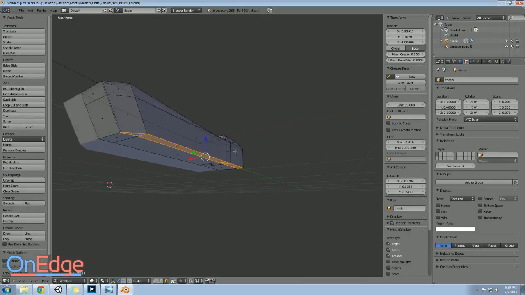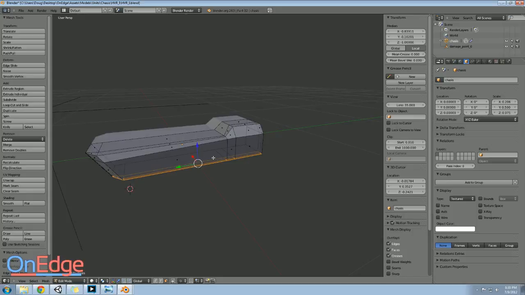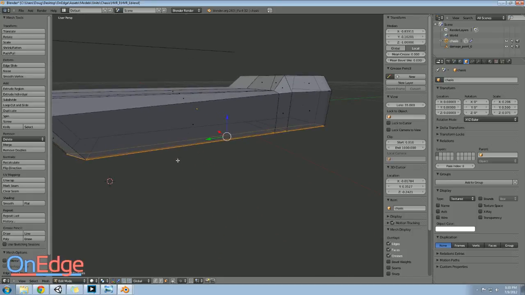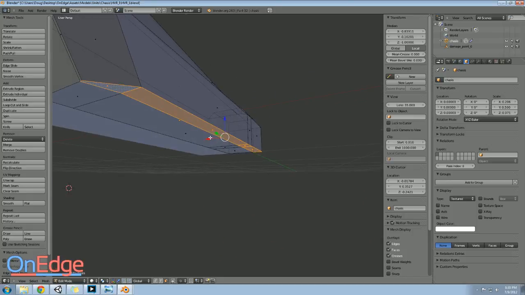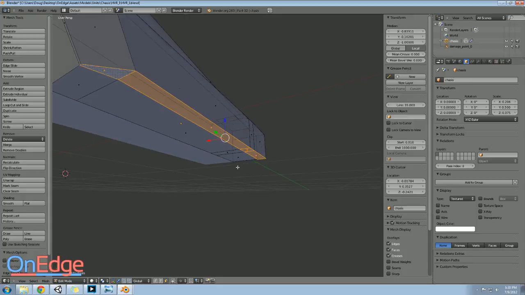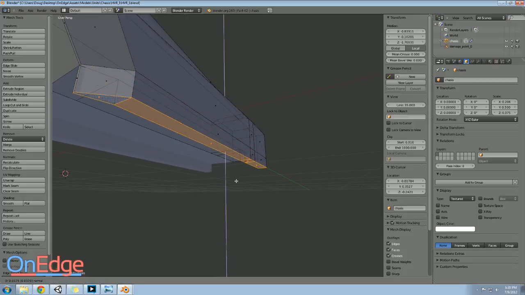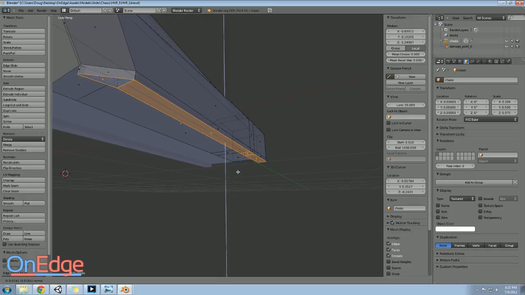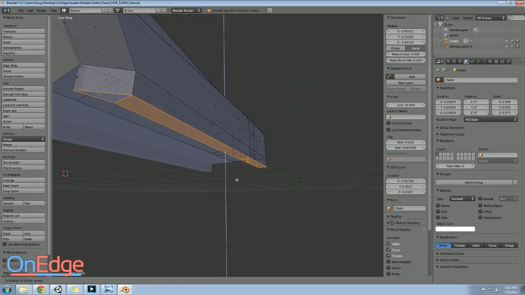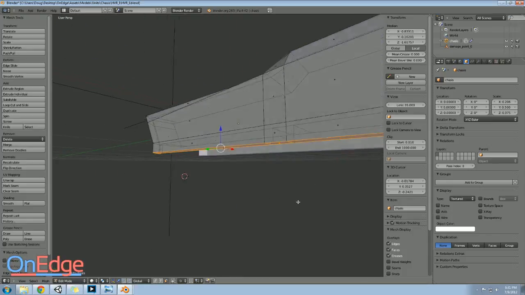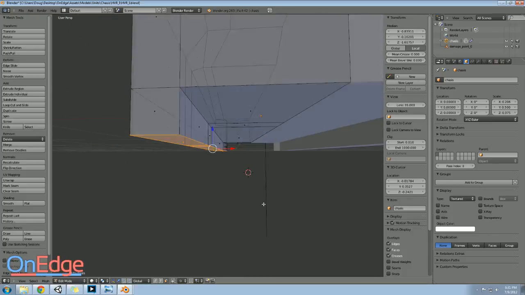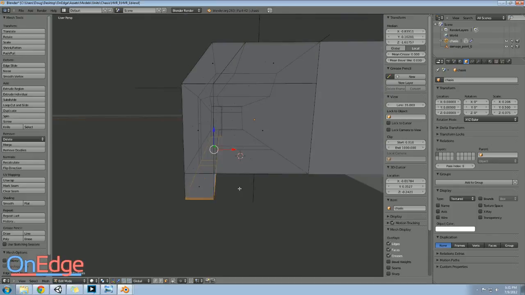And I'm going to see what this looks like if I extrude them. So extrusion is a very important part of editing. It just basically extends the polygon along its normal. And so what I'm going to do is have these objects selected. I'm going to press E to extrude. It's going to lock it by default to the normal axis, not the Z-axis, sorry. And then you can just pull it down and see what it looks like. So I'm going to pull it down a little bit, and there is the extruded